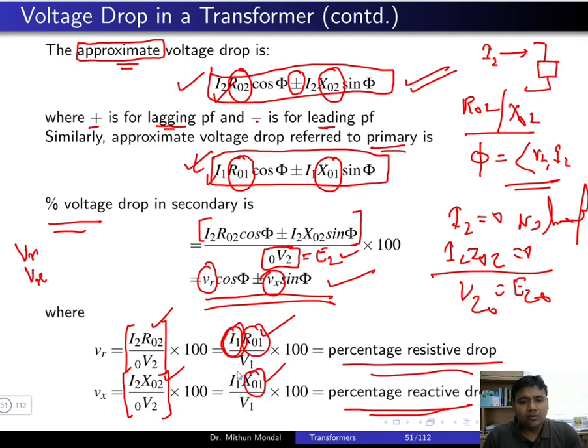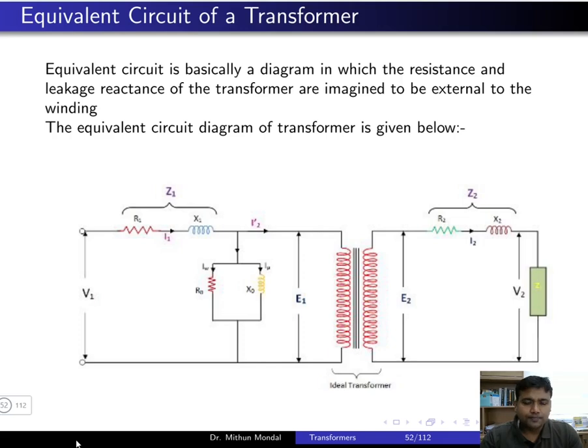So X01 will take a current I1, R02 will take a current I2, and if you are taking X02, you take a current I2. So these you have to take care of when you are trying to find the voltage drop in the transformer. The next topic, and the most important topic in power transformer or any transformer,